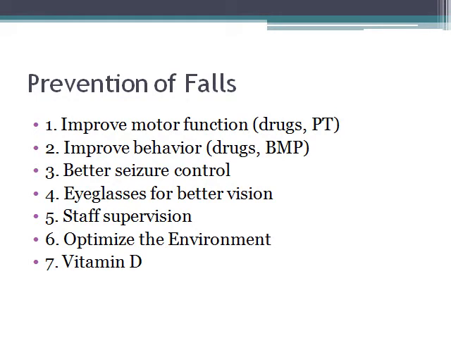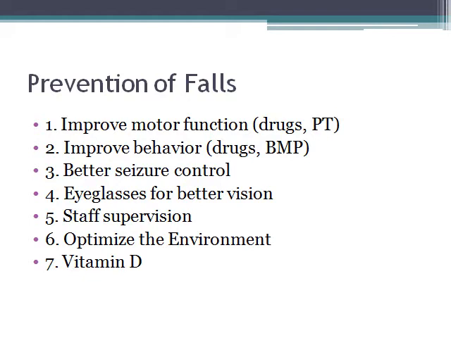The next thing to think about in preventing fractures is preventing falls, which can lead to a fracture. And there are a number of different issues to consider in preventing falls. First, ask yourself, could the motor function be improved? Sometimes people are on drugs which are having adverse effects on motor function, like neuroleptics, which can cause different types of dyskinesia. Also, the person may benefit from regular physical exercise to improve motor function. Physical therapy may help.